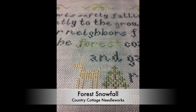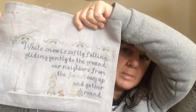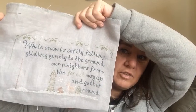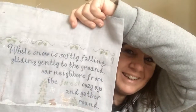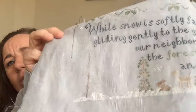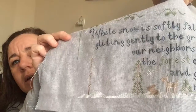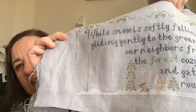So here's a picture before. And here is where I am now. I finished the snow, I finished the bunny, I finished the goat or deer, and finished 1 tree and made my beginnings with the last tree. And I think it's good progress, but the reason why I decided to stop stitching after 3 days working on it